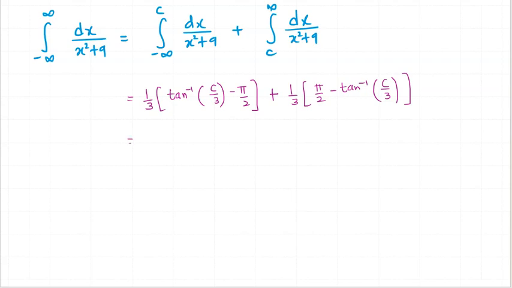So what does this give you? This is 1 over 3 tan inverse of c over 3 minus, multiplying 1 over 3 with both the terms,